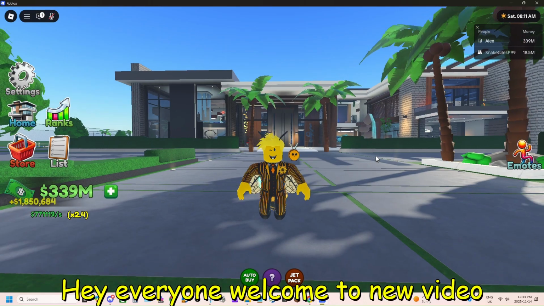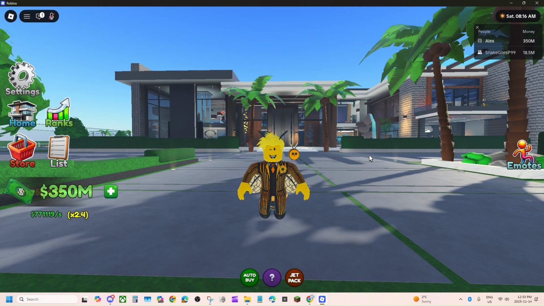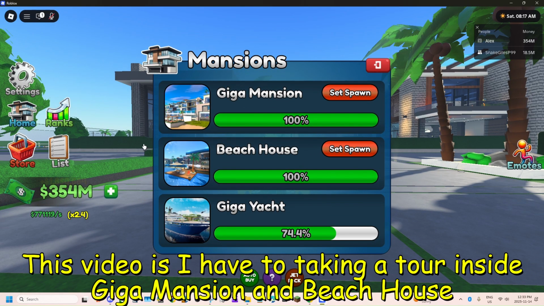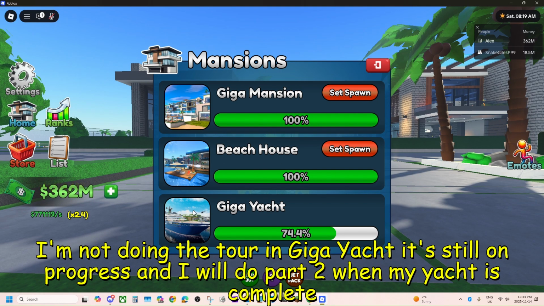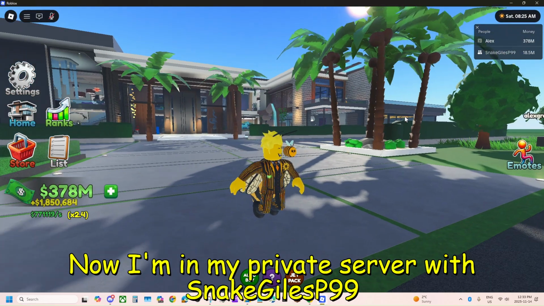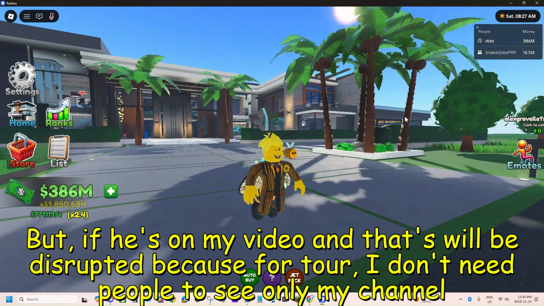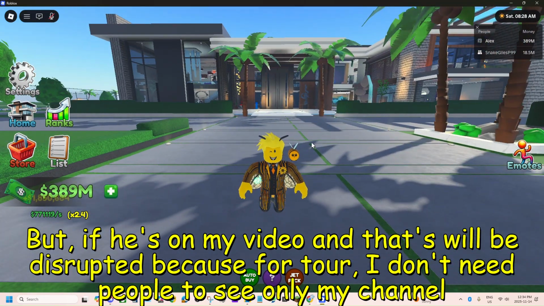Hey everyone, welcome to a new video. I'm back because I was really sick. In this video, I have to take a tour of the Giga Mansion and Beach House. I don't do the Giga Yacht yet because of progress. Now I'm in a server with Snake Gil P99, but if he is in my video, that will be